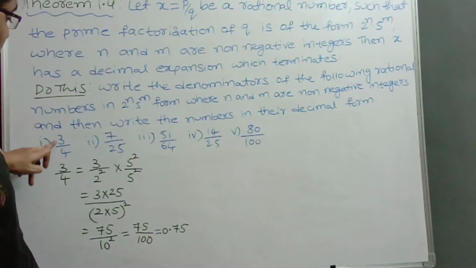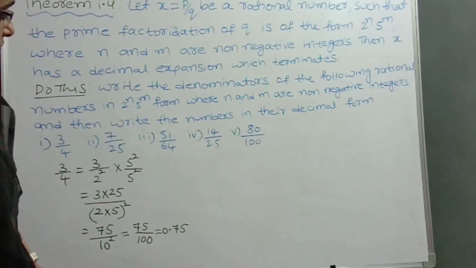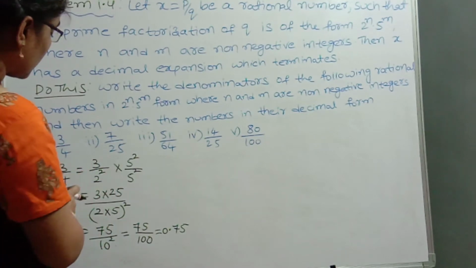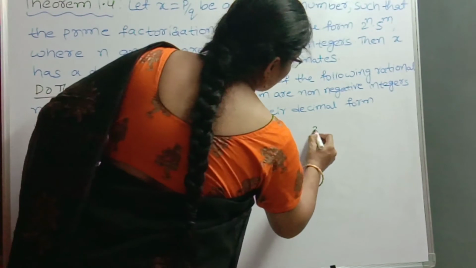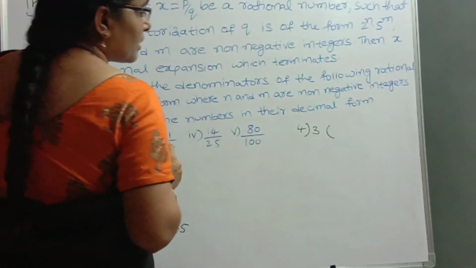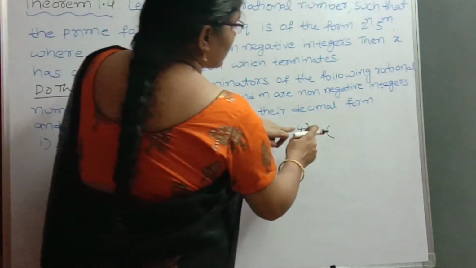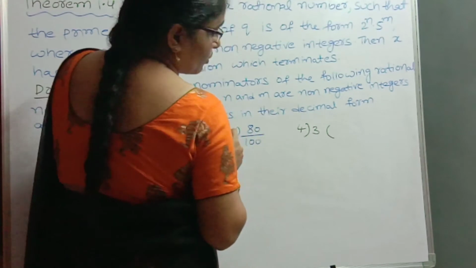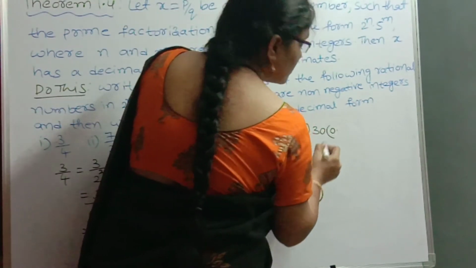It was in the form of what? P by Q form. Now it is in the form of what? Decimal form. And basically this is how you do this. Here 3 by 4. How do you find the decimal expansion generally? Here we have to divide 3 by 4. Here 3 is less than 4. That's why I am taking here 0 and a decimal point, 0.